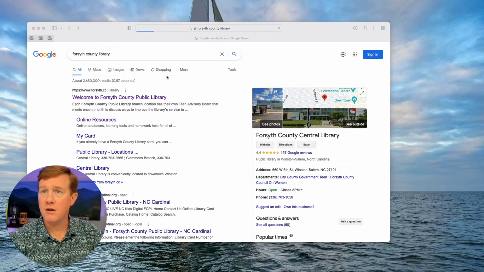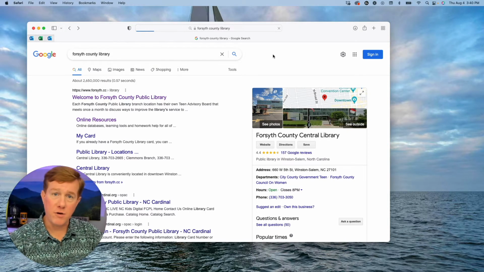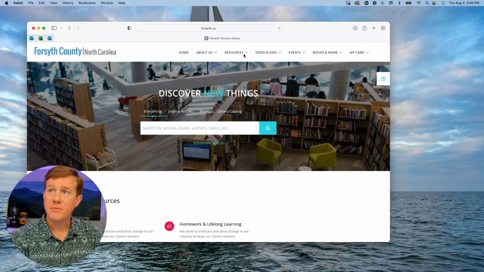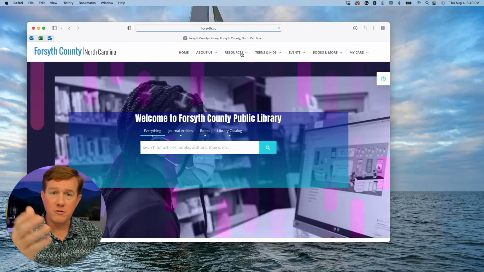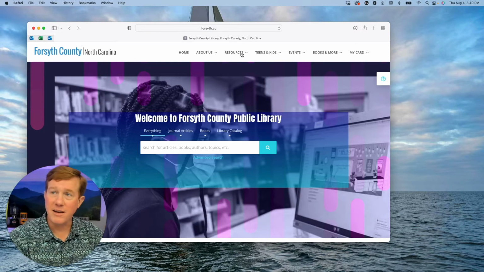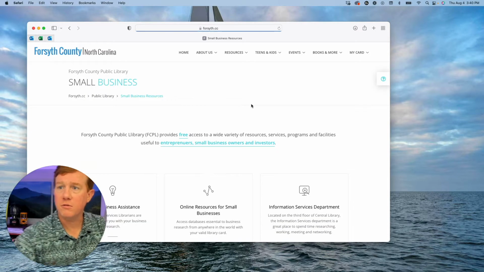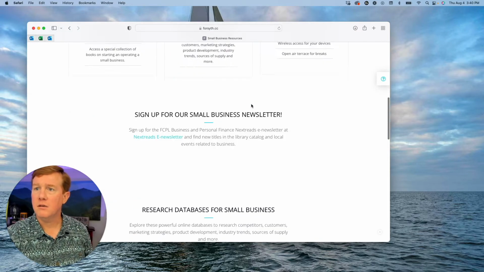So you'll see here I've pulled up Google. I'm in Forsyth County right now, so I looked up Forsyth County Library. If I go to our library's homepage, and your county may have it laid out differently, so you just have to poke around, but go to Resources, here we go, Resources, and Business. So let's go to Small Business Resource Center, and